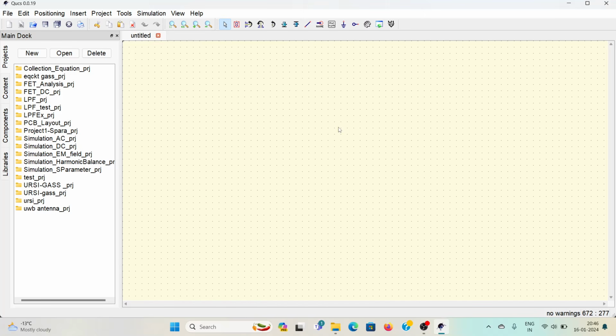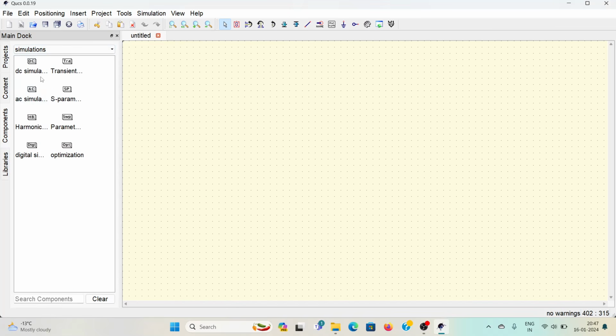as well as some other simulations such as harmonic balance, and obviously it supports the other simulations of, like, transient simulation, DC simulation, which you can check here. So it supports DC simulation, transient simulation, AC simulation, S-parameter and harmonic balance. So this is quite useful software, I would say, or the simulator, especially for RF circuit simulations, because we have S-parameter, harmonic balance, and we can even do, like, parameter sweep